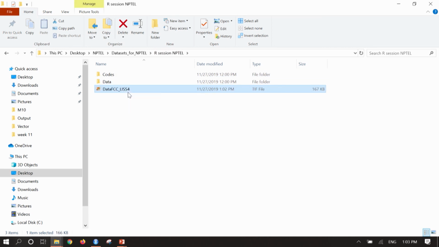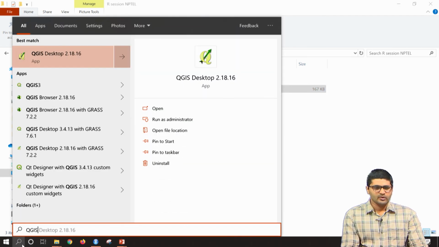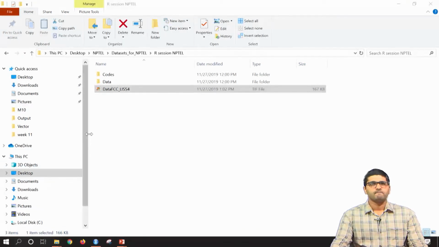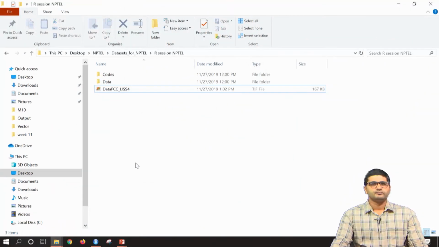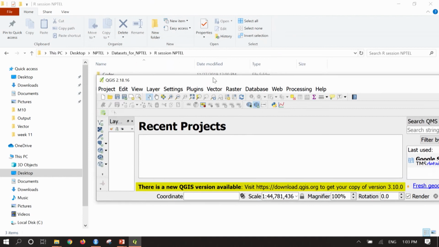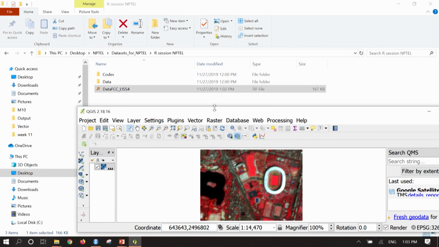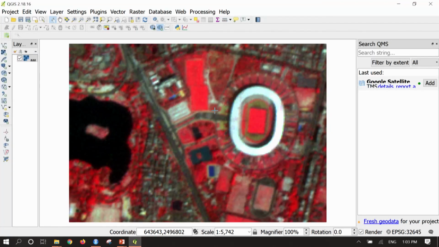Since we mentioned the path till here, let us go and see this false color composite in QGIS. In the QGIS software, we can just bring this file in and see that the false color composite has been created.